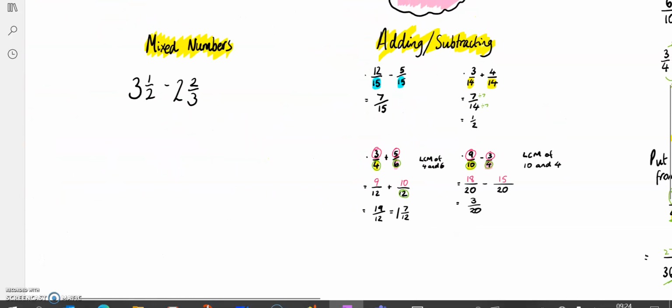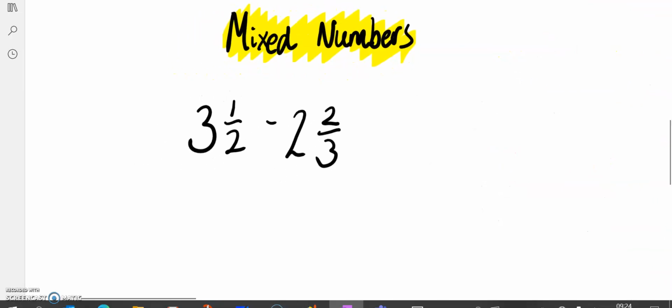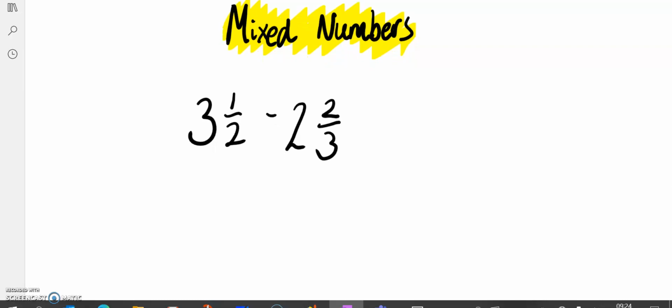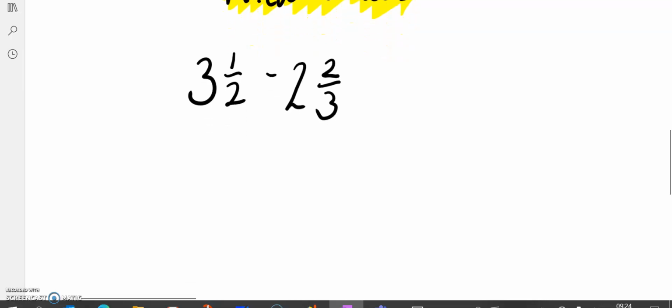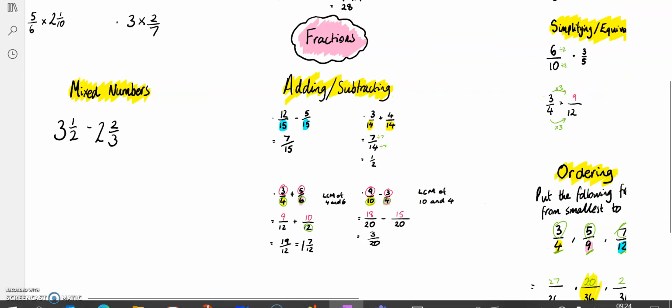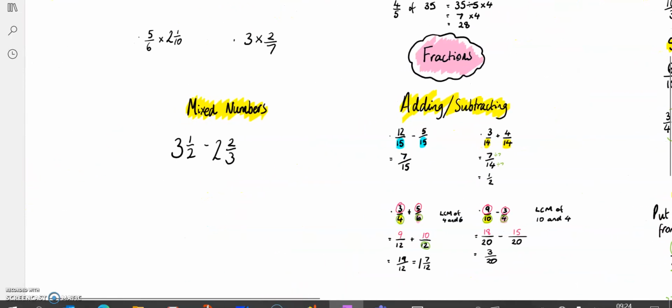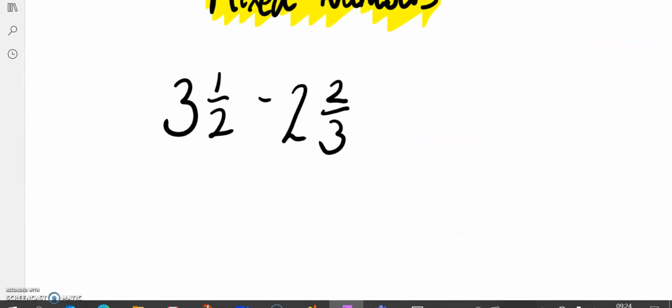Okay? If we have a look here, we'll get mixed numbers now. There are lots of different strategies within the department for mixed numbers. I'm going to show you one of these strategies, but like I say, your teacher might have taught you something different. So here we've got 3 1/2 subtract 2 2/3. My advice for pupils is to convert these to be improper fractions. I showed you how to do this in the first video, up here, on the top right. So to make this an improper fraction, we're going to do 2 times 3, which is 6. Then we're going to add on 1. That's 7. So this is going to become 7 over